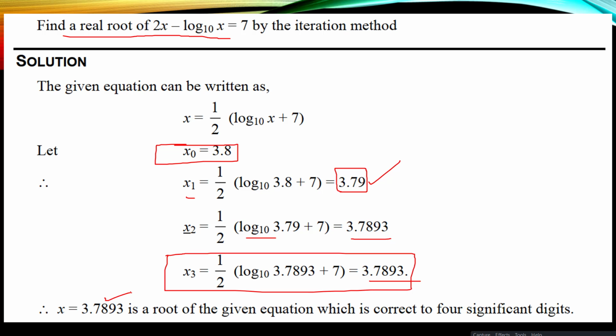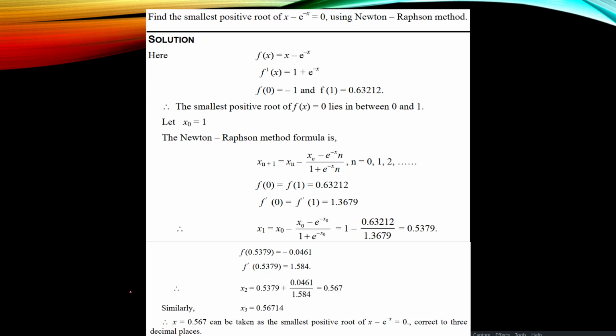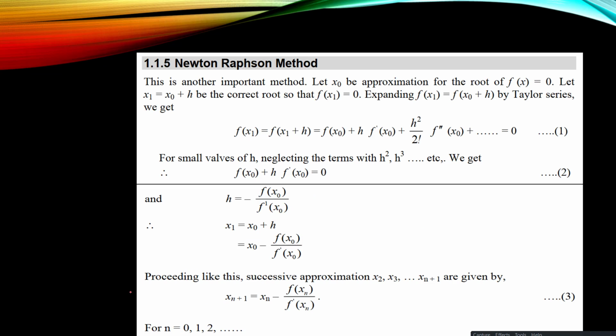So this is about the iteration method. For this module 5, we have the solution of transcendental equations by different methods, like the iteration method or successive approximation, which we have studied today. We already learned the regula falsi method, and in the coming classes we will learn the Lagrange interpolation method, as well as one more method for the next class. It will be the Newton-Raphson method.